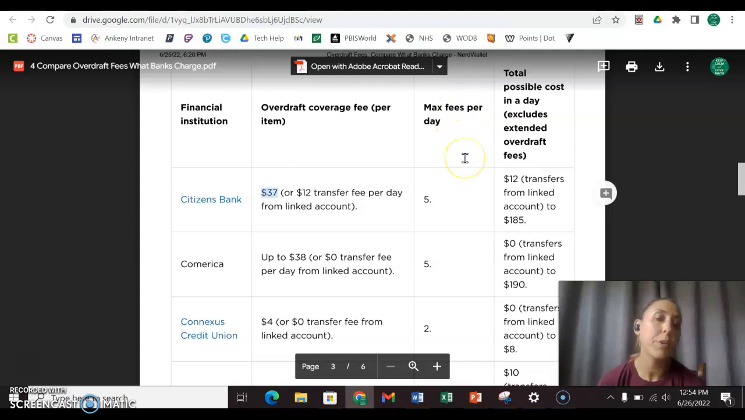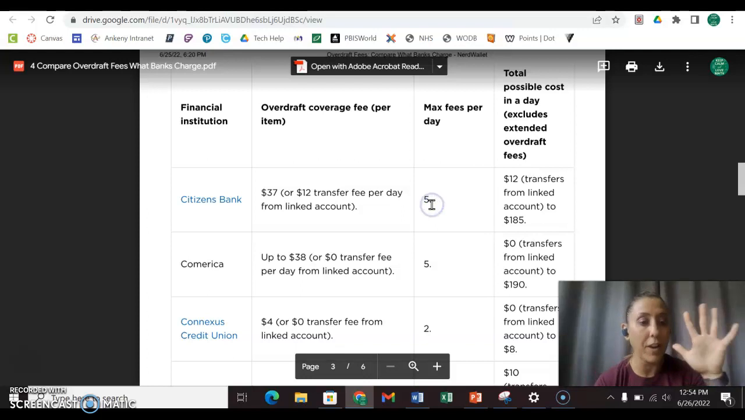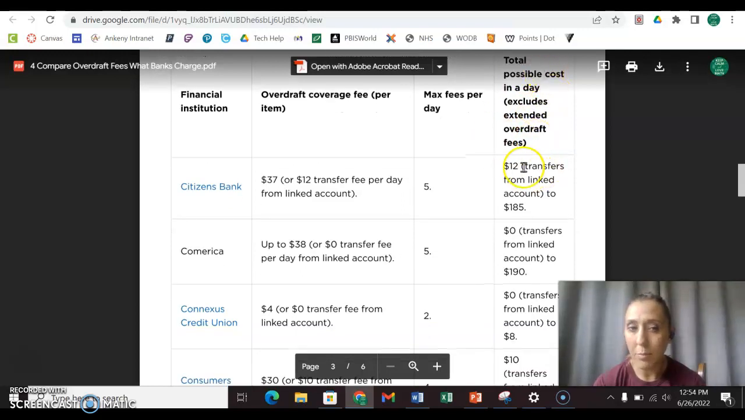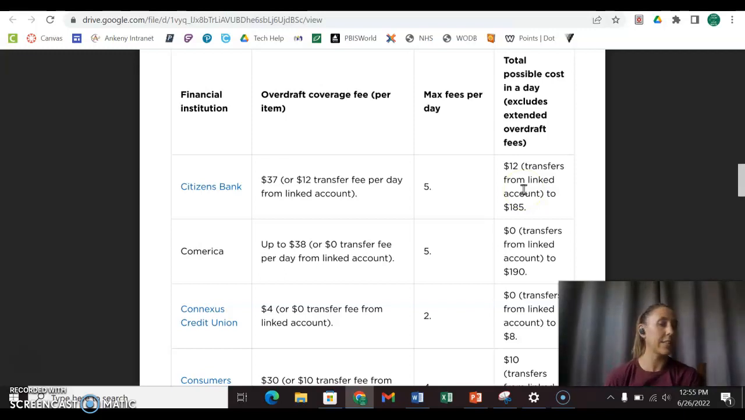The max fees per day tells us how many charges you'll be charged in a day as the transactions go through. So the max that this one will charge is 5 overdraft fees, and then this is the total possible cost. We don't need to worry about any transfer fees, but this one is saying anywhere from $12 to $185. The $12 is if you had money in a savings account and transferred over, they would charge you $12 to make that transfer. Otherwise, the total amount you would be charged is $185